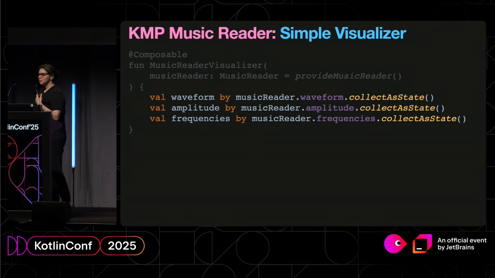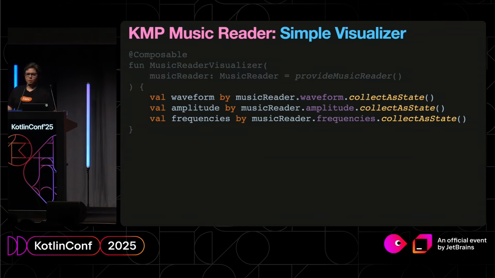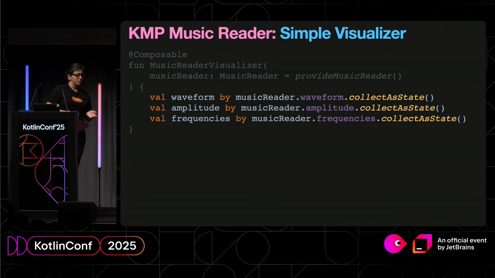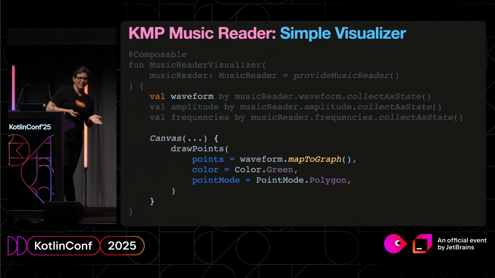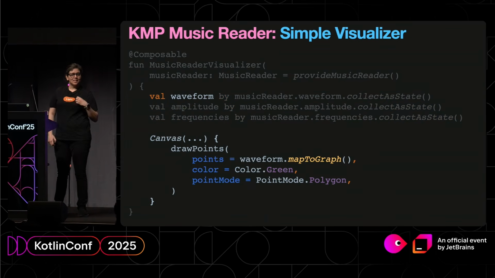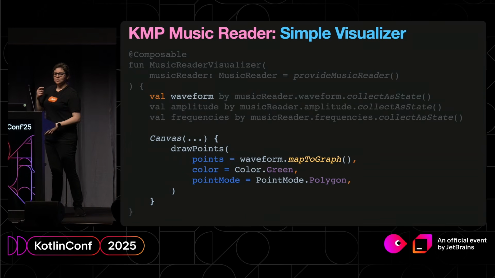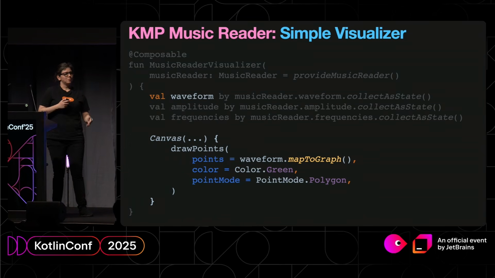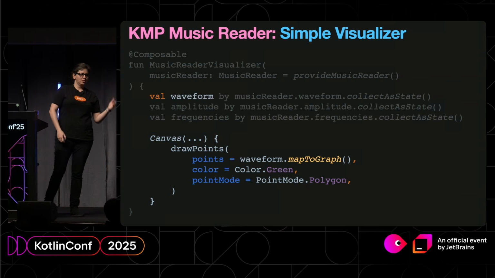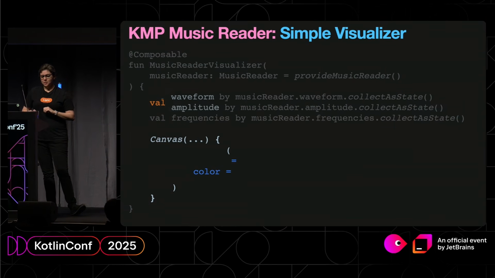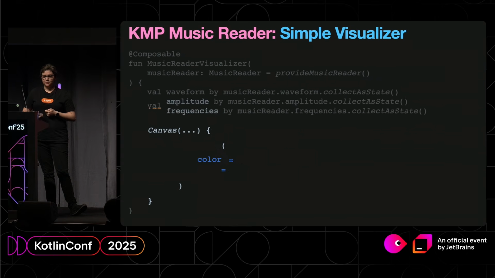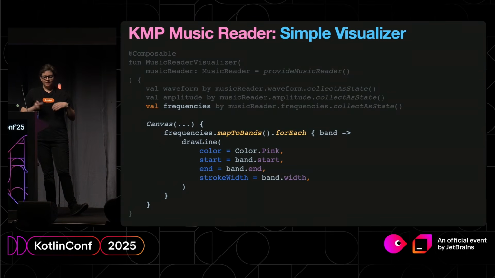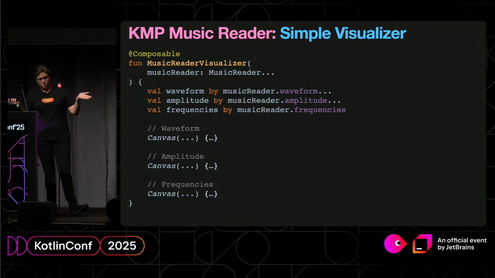Whenever I'm starting to figure out how this information works for me, the first thing I usually do is just create a Canvas. That's pretty easy, because Canvas is going to be refreshing things, so I don't need to think too much about whether my state is updating or not. Canvas is going to draw whatever I'm sending to it. So once I create a different canvas for each of them, I can have a simple music reader visualizer, right? And if you run this,